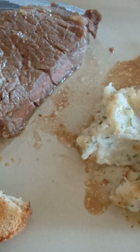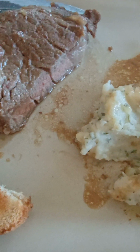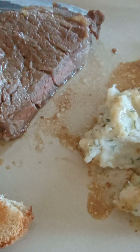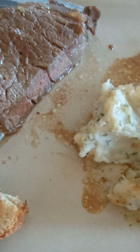You could use a beef broth that's been reduced, or a beef stock, or something prepackaged, just fine, or whatever. But it's very subtle, but it does give support to this natural beef flavor, and it doesn't